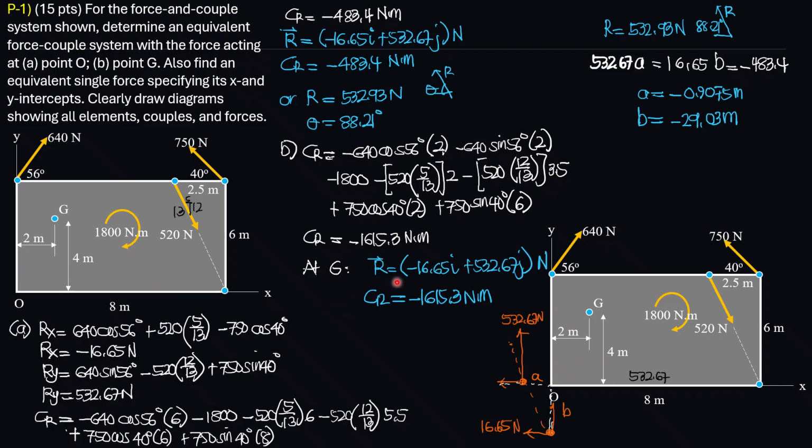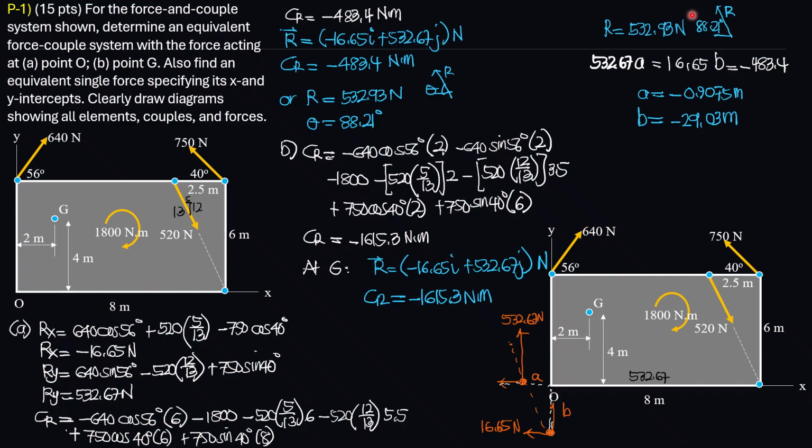So at G, the force is in vector form that way, and the resultant couple is negative 1615.3 Newton meters. Or you may replace this by the magnitude and direction report, and the couple remains the same. Then for